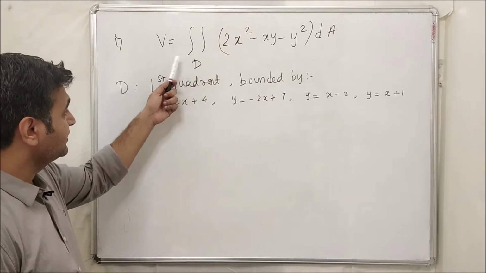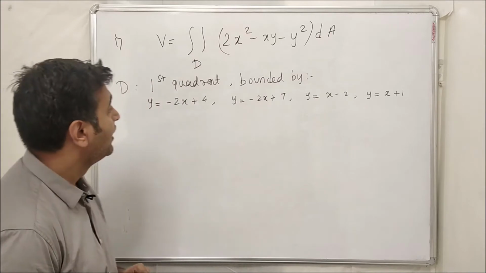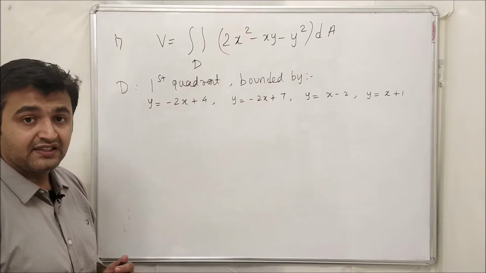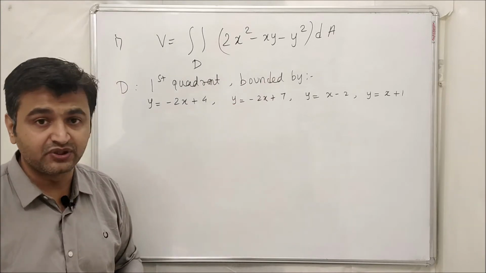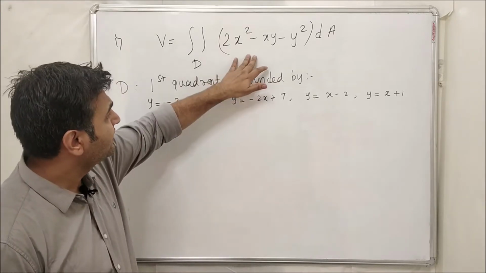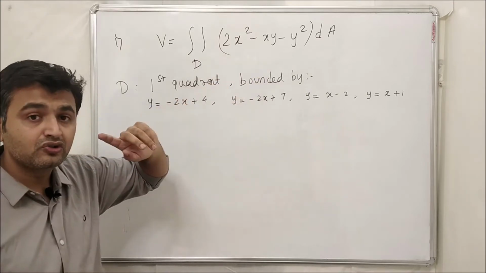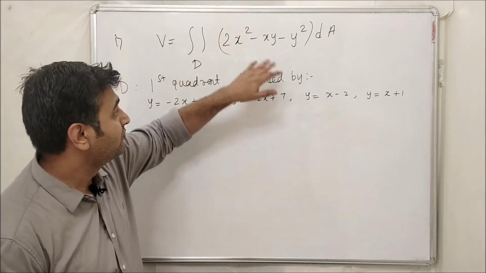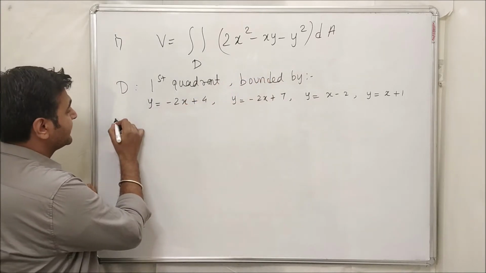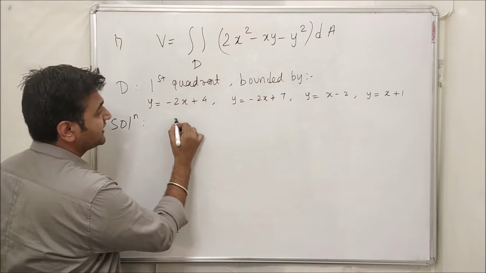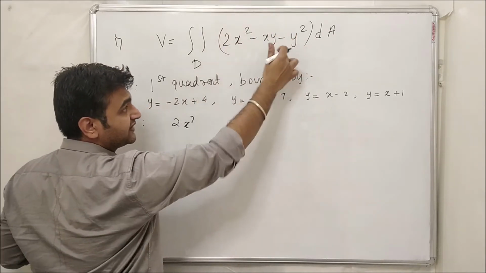This is a region in the first quadrant bounded by these 4 lines. As I told you in my last lecture, you see the integrand or the limits and try to choose a substitution. The integrand has only one term as of now, but if you recall your schooling, 7th, 8th or 9th, you must have seen how to factorize this. If you think of factorization of the integrand, that is 2 into -1, the product of the first and the last term.